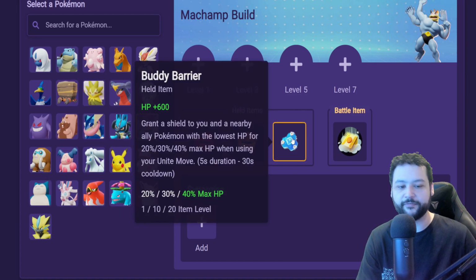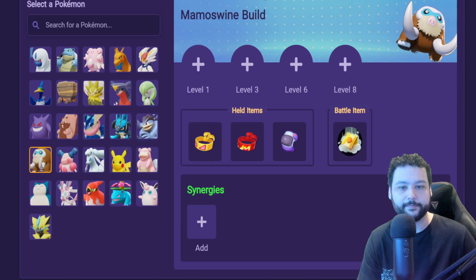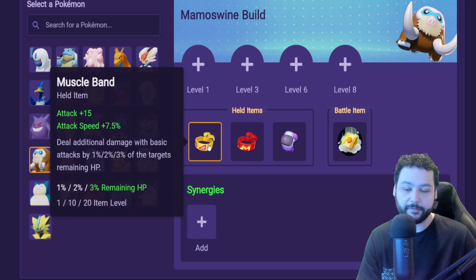We want to be able to survive and use our ultimate ability to its fullest. And of course, Muscle Band, it just gives us more attack speed and more third boosted auto attacks, which Machamp really enjoys. So Mamoswine, once again, going that full defensive build, except actually we're going to be putting Muscle Band